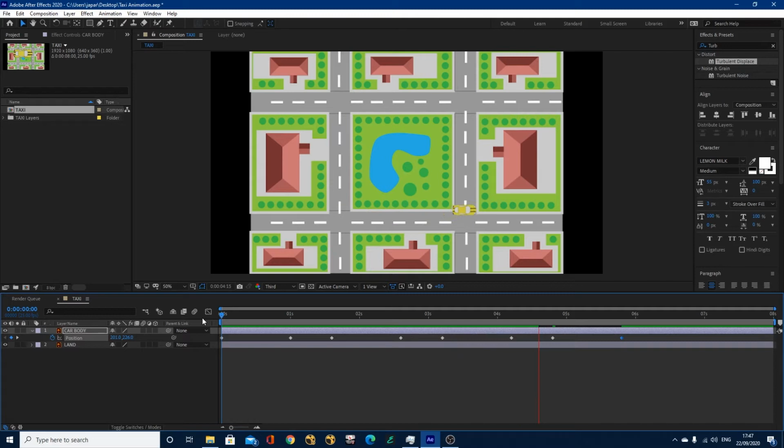What I may do is space these keyframes out for the whole 8 seconds, because I've only reached 6 seconds. So let's just play that back through now. It's cached in. So yeah, going quite fast, takes the corners a little bit slower, but it's still quite